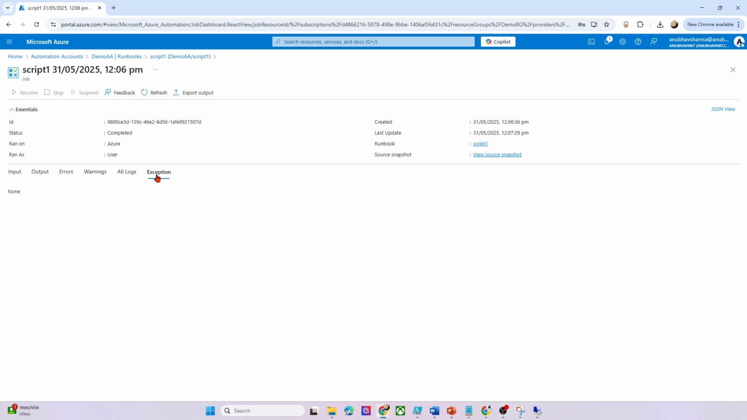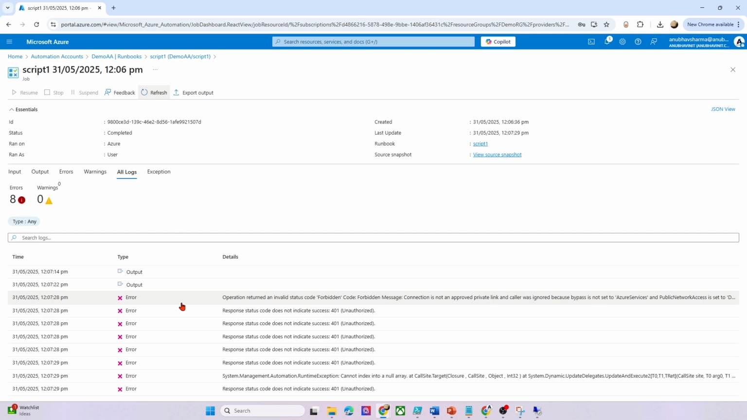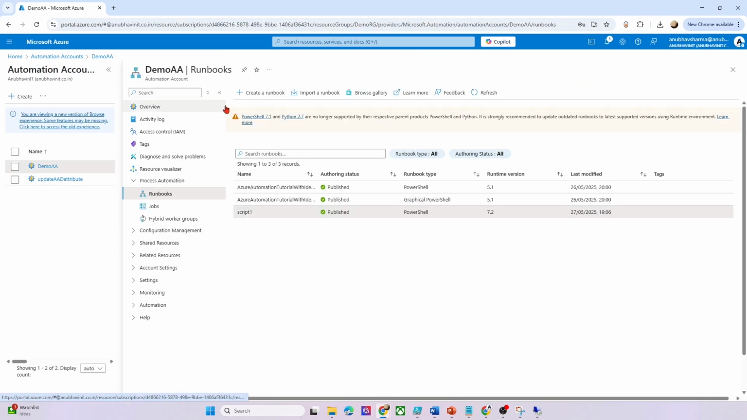It has completed, and let's look under exception or all logs. Yeah, here. So here we can see the error messages. We can see that connection is not an approved private link, and caller was ignored because bypass is not set in the Azure services, and public network access is disabled. And here's our key vault name. So we can see that the script is not running because it's trying to connect over public IP, which is blocked. So now we'll have to make this script run from that VM,